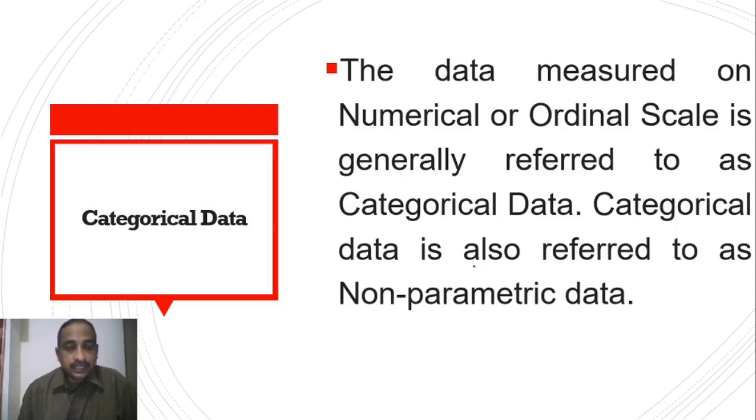So the variables like qualitative or attributes, such as honesty, kindness, beauty, intelligence, all these are categorical variables. So how can we measure this type of variable? That is the ordinal scale. So that data is categorical data, or sometimes this data is also known as qualitative data or non-parametric data,